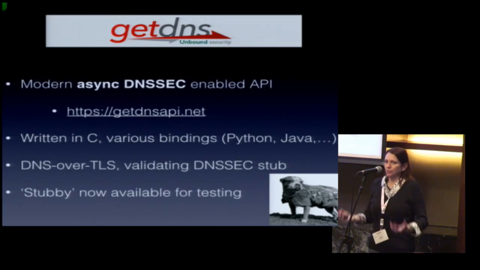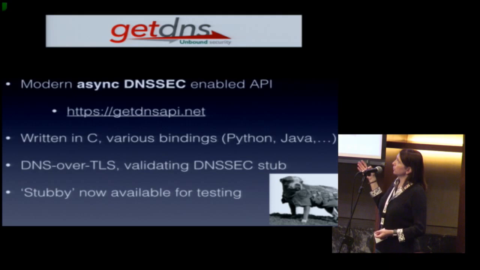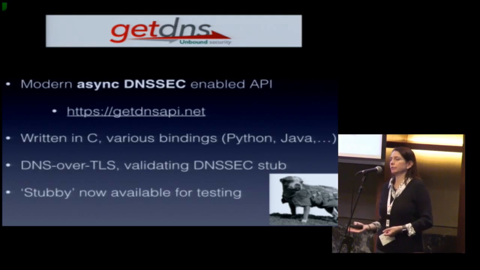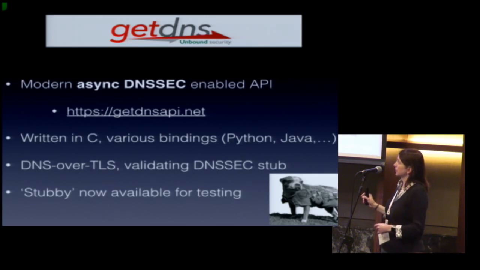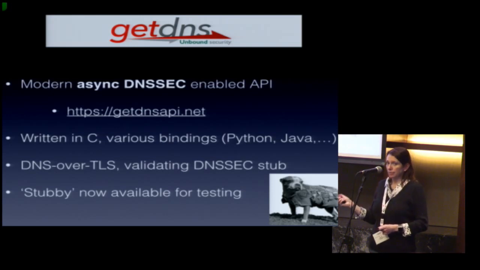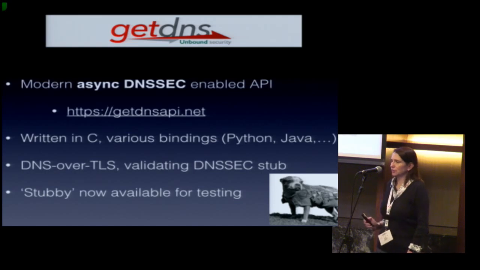So in order to use those servers, you need some client software that will connect to them. And what has been developed over the last few years is based around getDNS. So if you're not familiar with it, getDNS is a modern asynchronous DNSSEC-enabled API. There's a bunch of information at the website. What it does is it already implements DNS over TLS, and it is already a natively validating DNSSEC client stub. So it ticks 2 boxes in terms of enabling privacy. What has recently been developed in the last release is a new mode of using getDNS, which is called Stubby. This is the mascot for it, Sergeant Stubby. I'll let you Google him if you're interested.